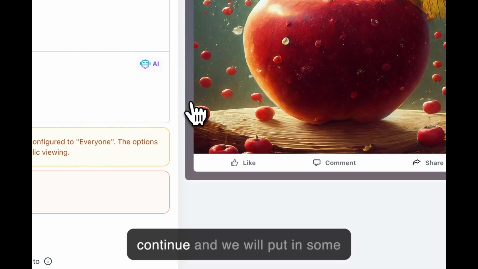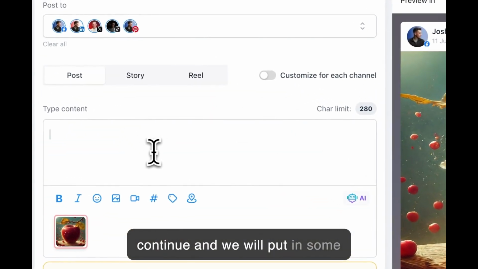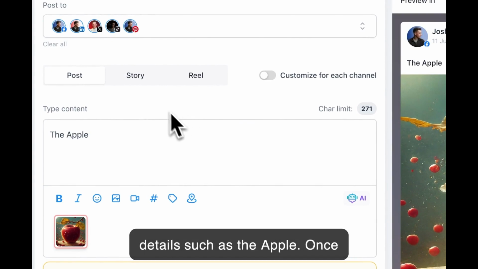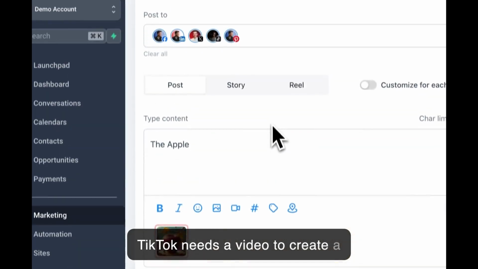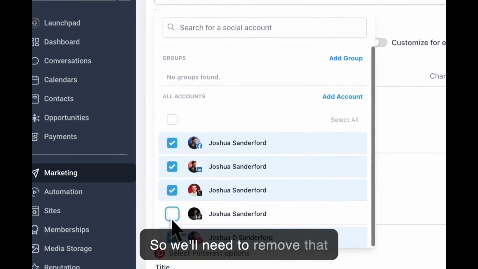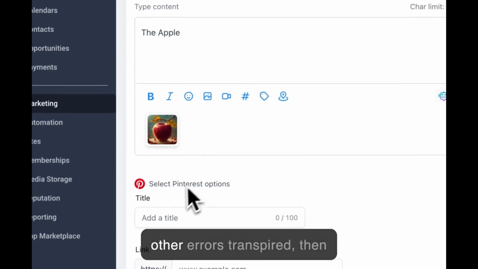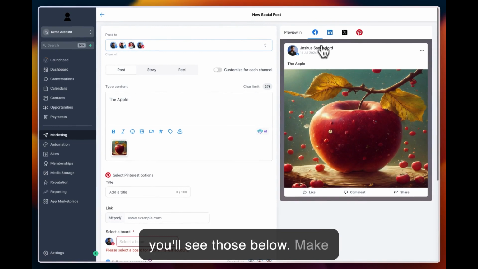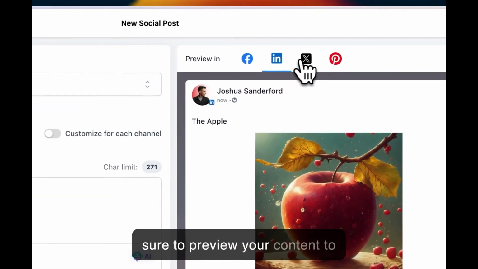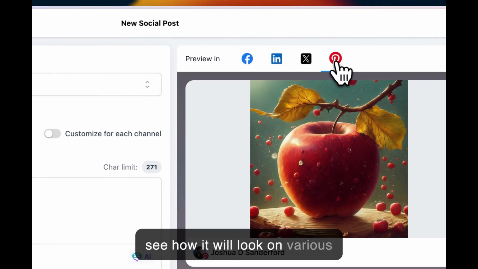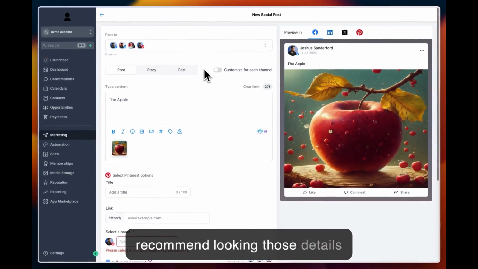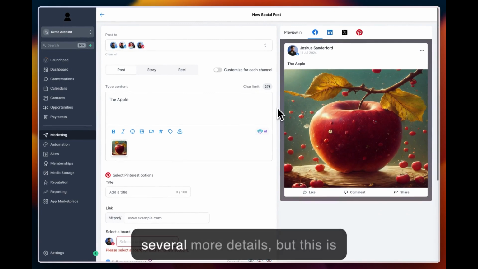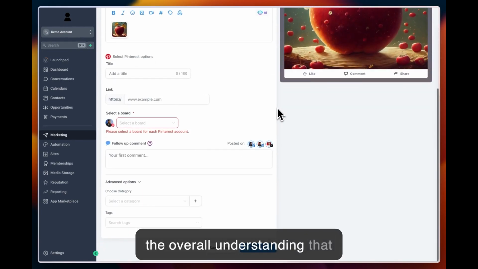Let's click continue, and we will put in some details such as the apple. Once this is set up, you'll see a couple different defaults on this. TikTok needs a video to create a post, so we cannot post to TikTok, so we'll need to remove that from the posting channel. If any other errors transpired, then you'll see those below. Make sure to preview your content to see how it will look on various platforms. Of course, various sizes are recommended for each of the social channels, and I recommend looking those details up before you post. There's several more details, but this is the overall understanding that you need to have for